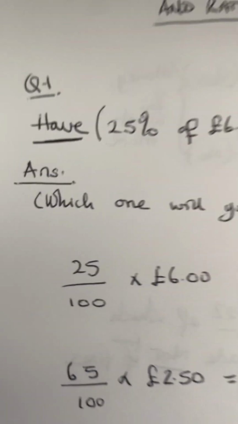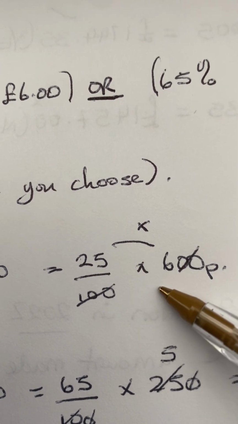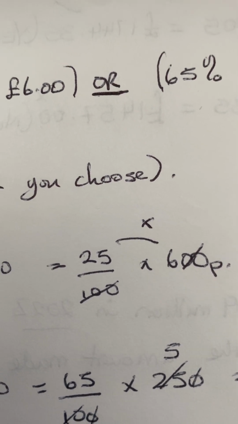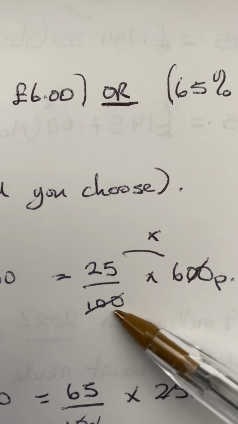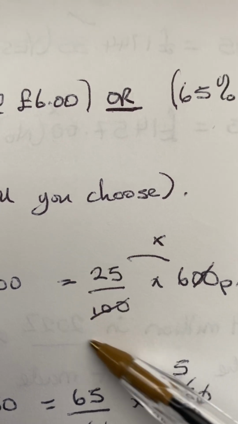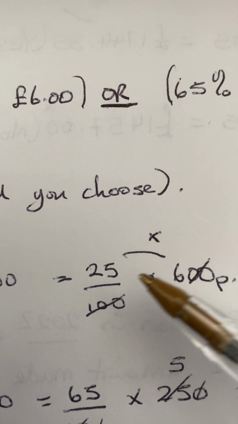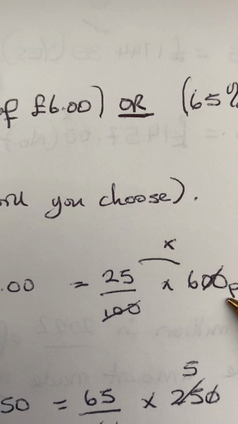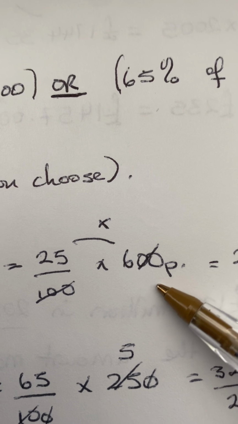Or you can do 0.25 times £6, and then you get an answer, assuming it's a calculator paper, because we know that powers of 100, so this is 2 zeros. So if I want to solve this in decimal, it will be 0.25, to make it easier for me to put it in the calculator. Or you can change the pound to